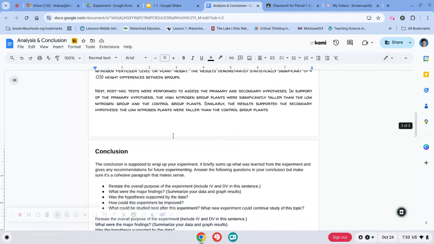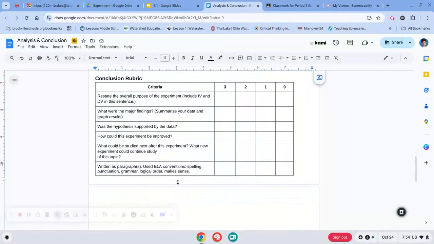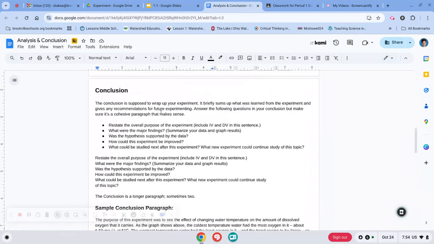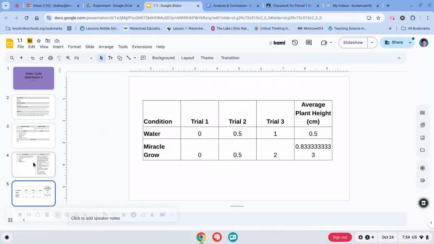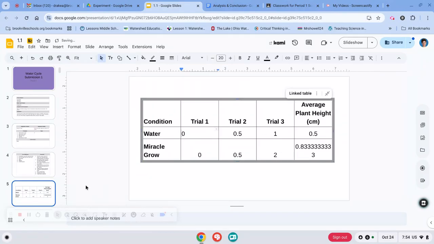Okay? I also included a rubric in this particular Google Doc. You should also get a rubric when I get back to class, so you know exactly what I am looking for. When you go into your Google Slides, I have to get rid of this real quick because